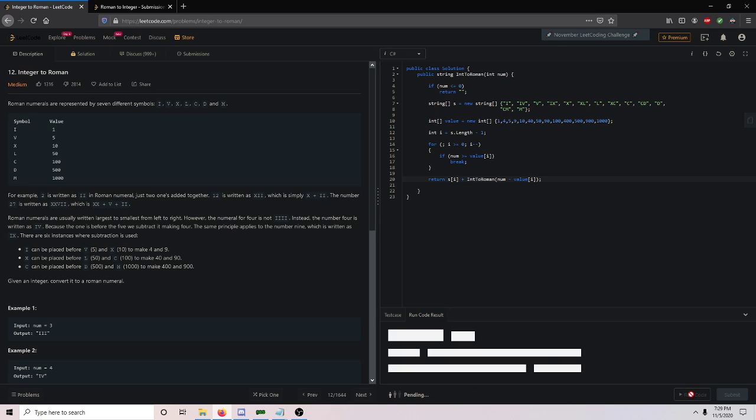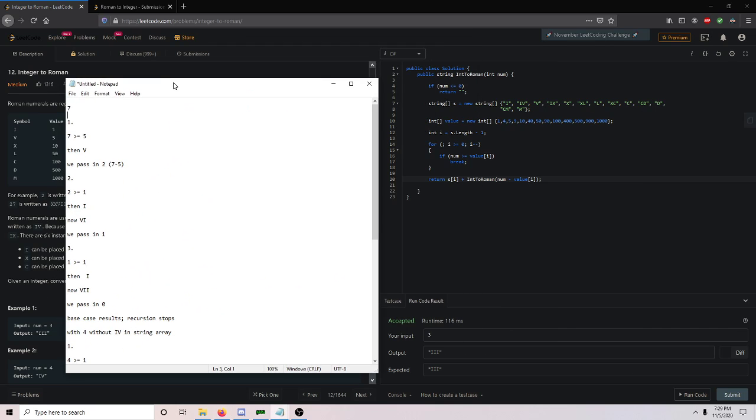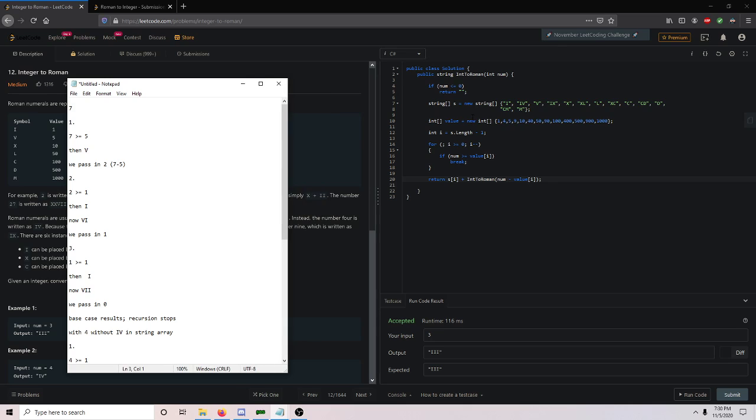Let's go ahead and run this code, see if we pass the most basic test cases. And we do. So I'm going to bring this text pad over here and show you why this works, and why we have these specific Roman numeral combinations like 4 and 9. So let's start with just the basic, which is 7. And 7 is pretty much